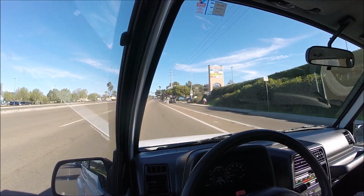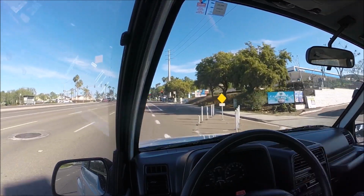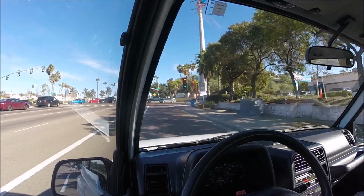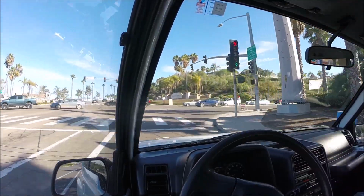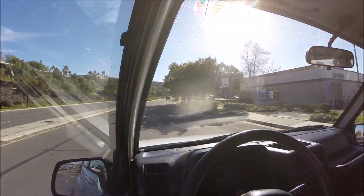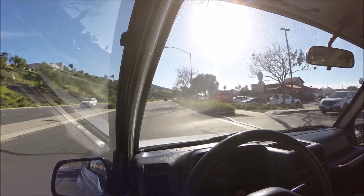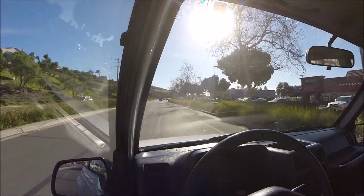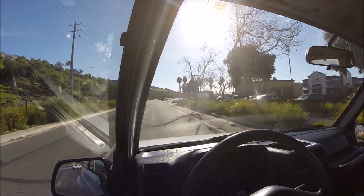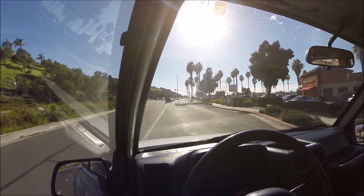Personally, I drive a Geo Tracker specifically because it offers a unique driving experience that no other modern vehicle really offers. The smallest modern SUV in 2023 is the Jeep Renegade, and then you have all your other small SUVs, but I believe the Jeep Renegade is the most capable off-road among the small SUVs. I was actually considering a Jeep Renegade, but I went ahead with the Geo Tracker because, like I said, it's